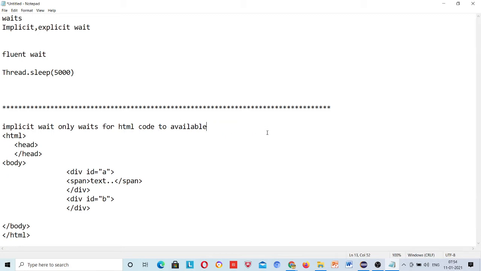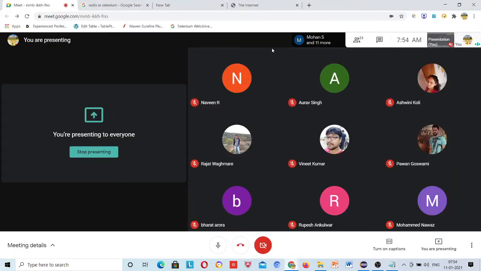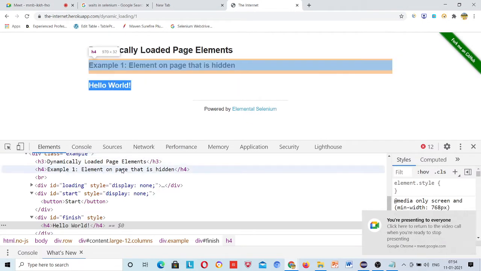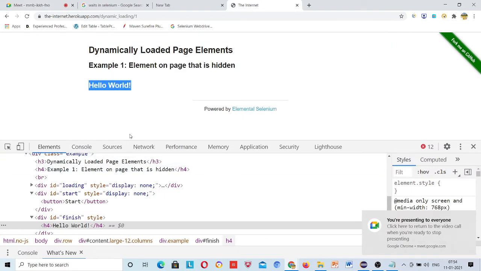Okay, right? If you were applying implicit wait here, then would your script fail? Because you can locate this, your locator will not be incorrect, right?